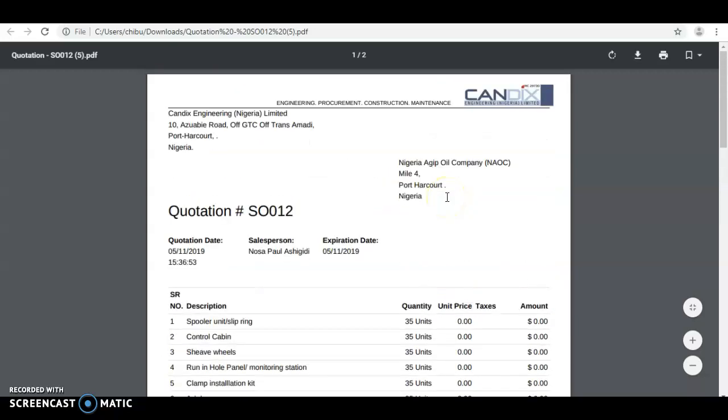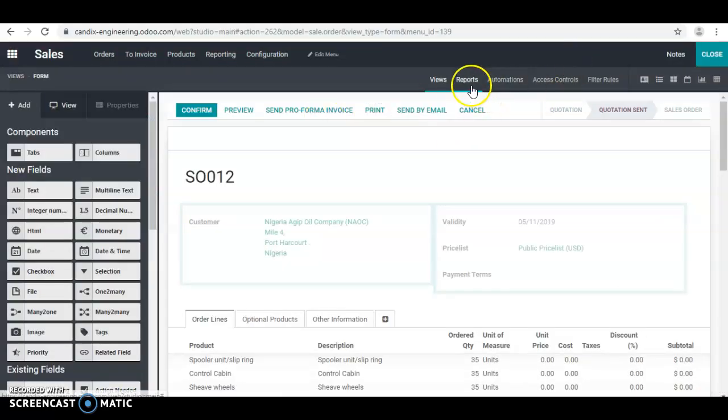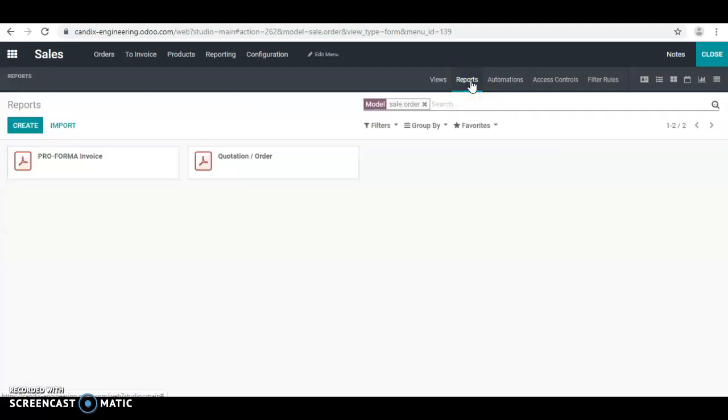So when I try to create a new column using Studio, I have this problem. So I click on Studio and I go to Report. Once I click on this, to be able to make changes to this,